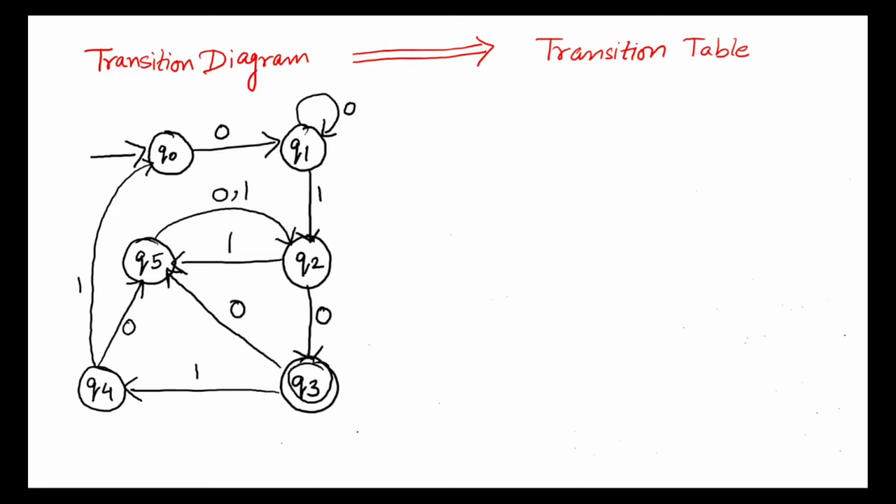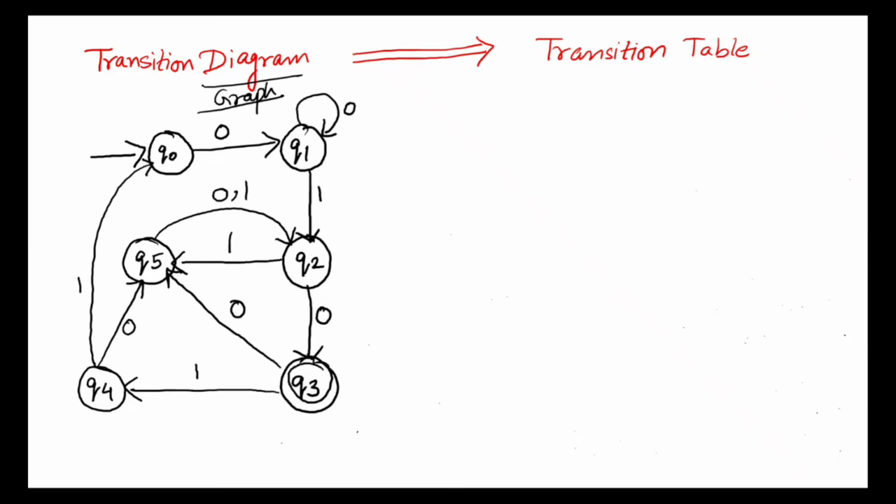Alright, so let us discuss today the conversion of a transition diagram into its equivalent transition table. We all know that a transition diagram is also known as a transition graph. We also call it a graph. Fine. Now suppose this is a given diagram or a given graph, now how to draw its equivalent